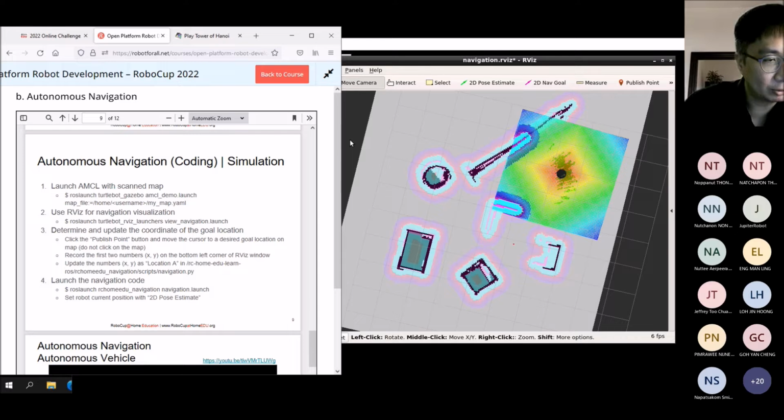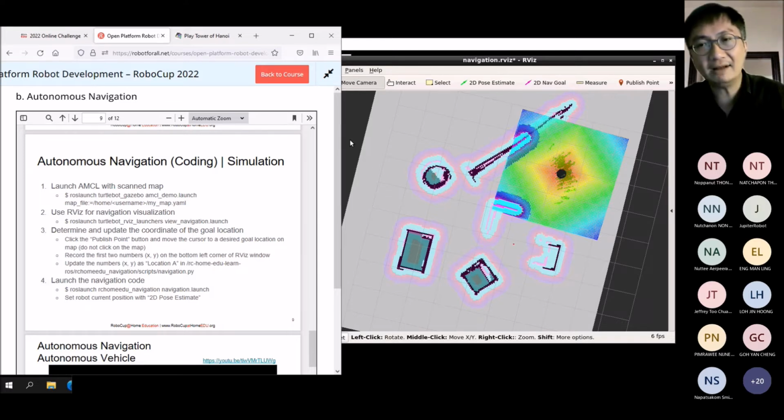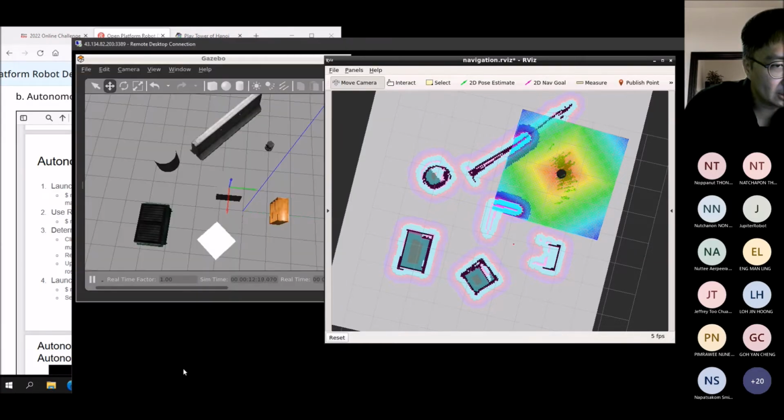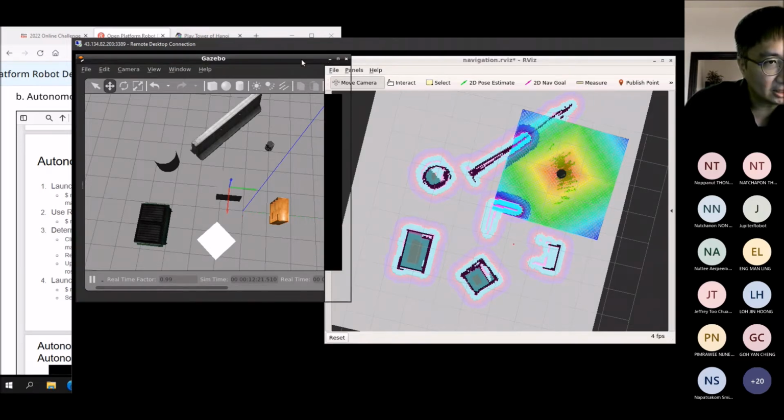Basically, in order to write this as a program, we already have one example in the RoboCup at Home Education source code, the open source repository, that gives you an example of how to give the instruction for the robot to do the navigation using code. So over here, please open this, sorry, this location. Yeah, this file, location A over here, right? So let me show you where the file is. Okay, before this, where's my